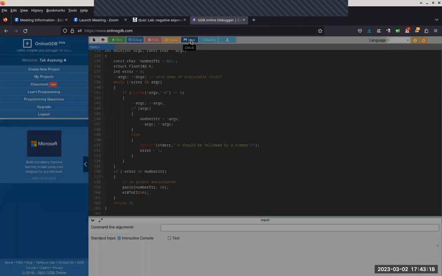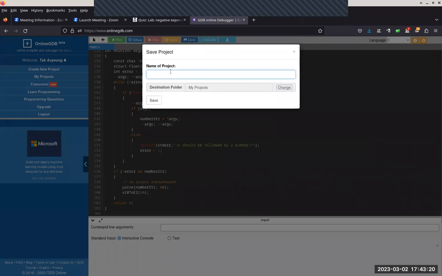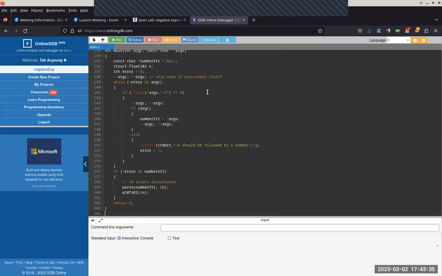Okay, so click on save, and then you have to create a new project name. I'll just say negative exponent. You can choose a destination and create subfolders if you want to. I'm just going to save it under my projects. Click save. So now every time I save the file, it is saved in the cloud, and I don't have to